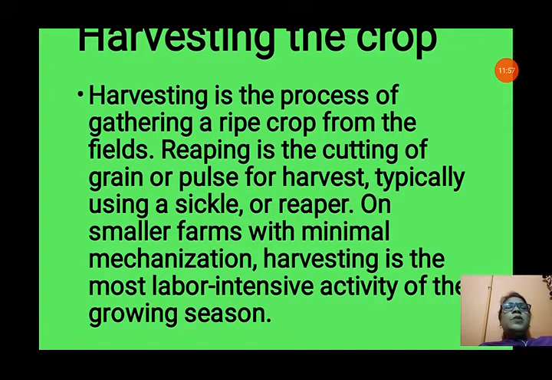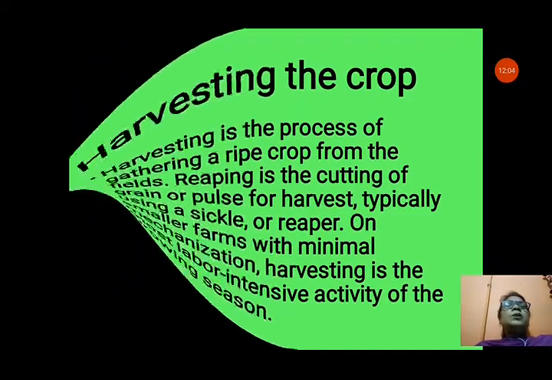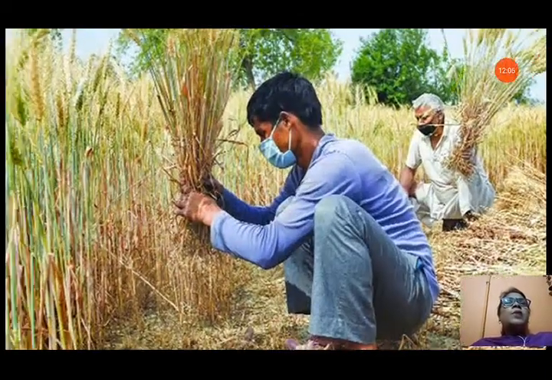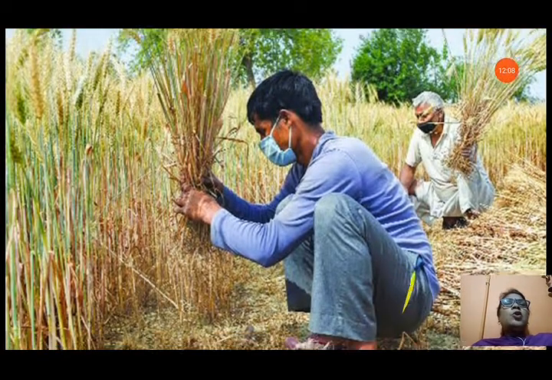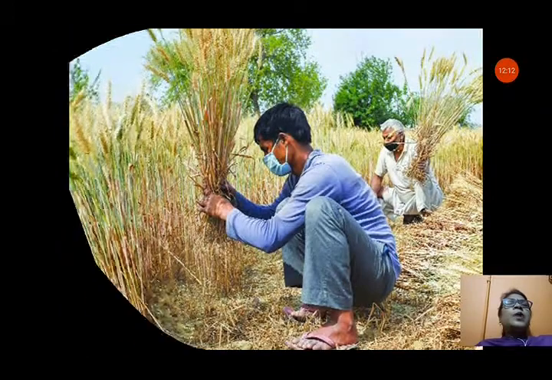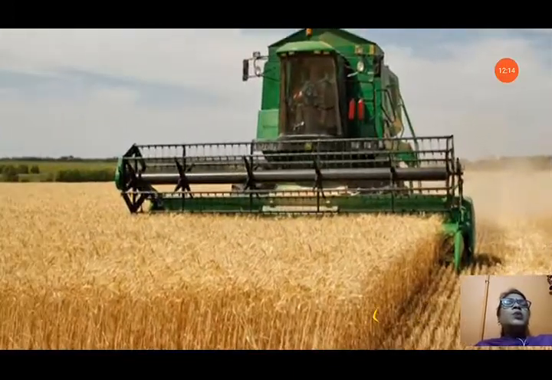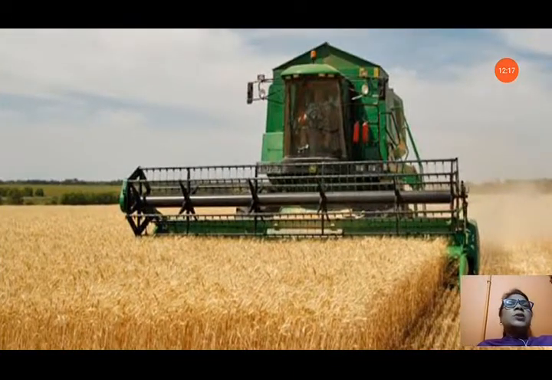Harvesting is the most labor intensive activity of the growing season, but nowadays tractors are used to harvest the crops. You can see the picture also of how manual harvesting is done. The farmers are cutting their crops by hand only, using sickle or reaper. And here you can see the tractors are used to cut and harvest the plant. So it is the last stage where the farmers get the result of so much hard labor and they get the crops from their